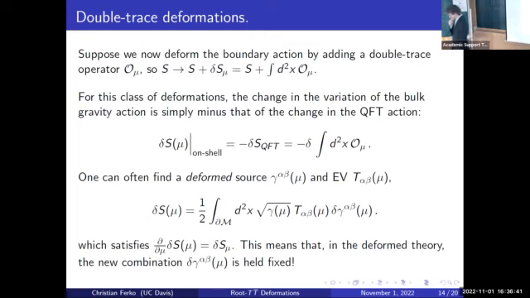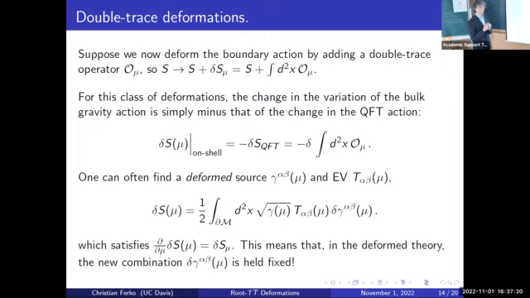So once we know that, you could say, well, I would now like to deform my boundary theory, but interpret that as simply modifying my choice of metric and stress tensor in the bulk. By that, I mean what you would like to do is look at this equation and then take a derivative of both sides with respect to mu to get something like this down here. So you say the mu derivative of the variation of the action should be the mu derivative of this combination over here, which is my delta S mu. And if you take those mu derivatives, you now get some differential equation that involves variations and mu derivatives of the metric and stress tensor.